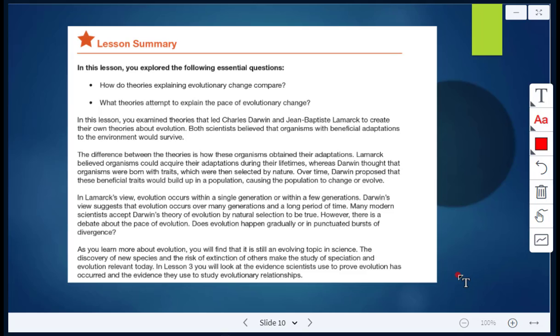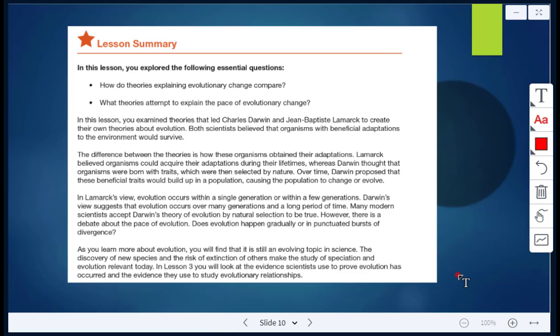Modern scientists accept Darwin's theory of evolution by natural selection to be true, but the debate is about the pace of evolution. Does it happen gradually, or is it happening in punctuated bursts of divergence? All right, so it's still an evolving topic in science, the pace of evolution. The discovery of new species and the risk of extinction of others make the study of speciation and evolution relevant